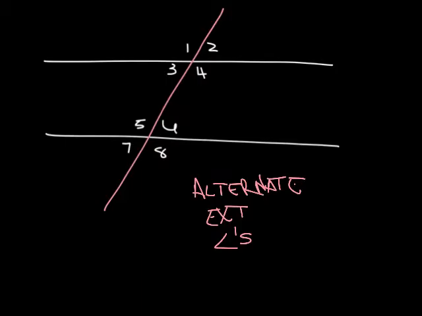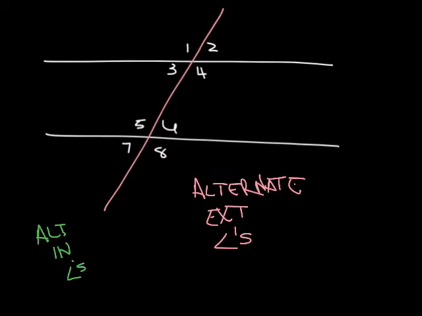We also have what are called alternate interior angles. And we'll do that with, let's do it with green. We have alternate interior angles. Our alternate interior angles would mean that this one and this one are the same, and this one and this one are the same. So if we just know a few of these angles, we can determine what a lot of the other angles are. So alternate interior, alternate exterior, vertical angles, and the other one we're going to look at is